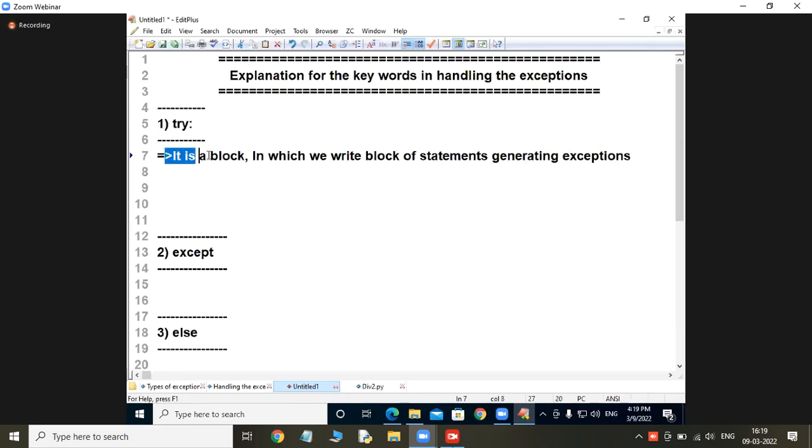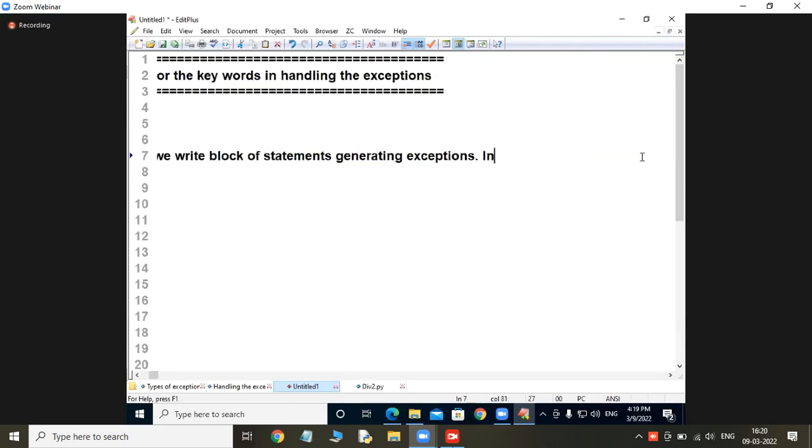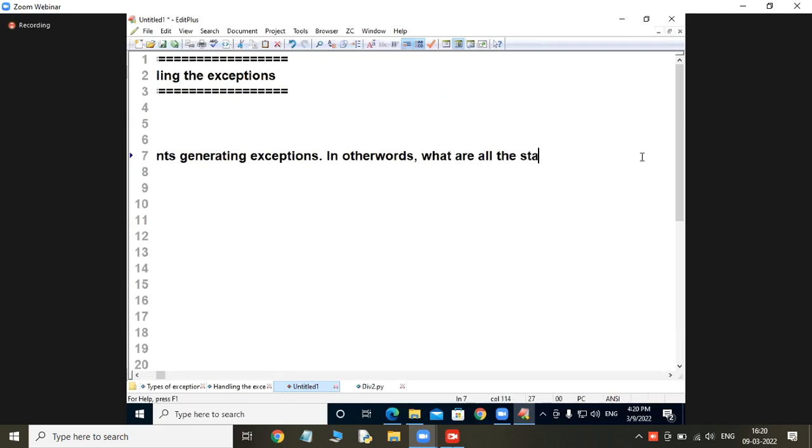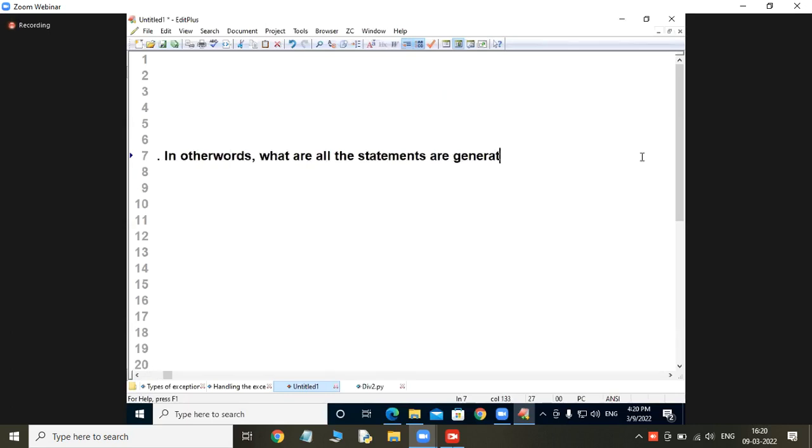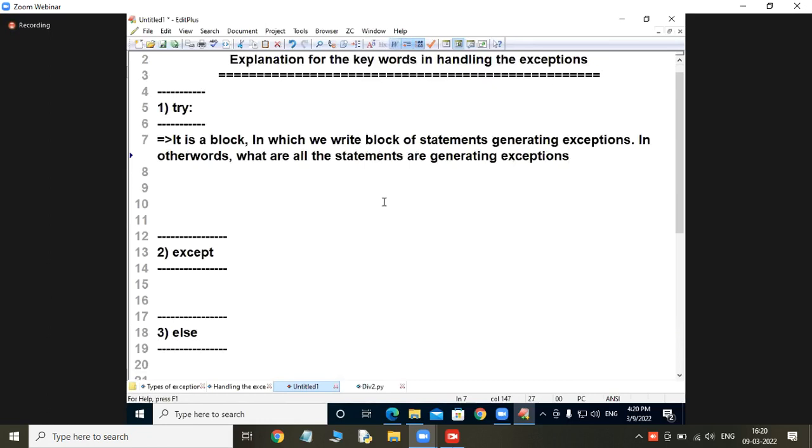In try block, it is a block in which we write block of statements generating exceptions. In other words, what are all the statements generating exceptions?